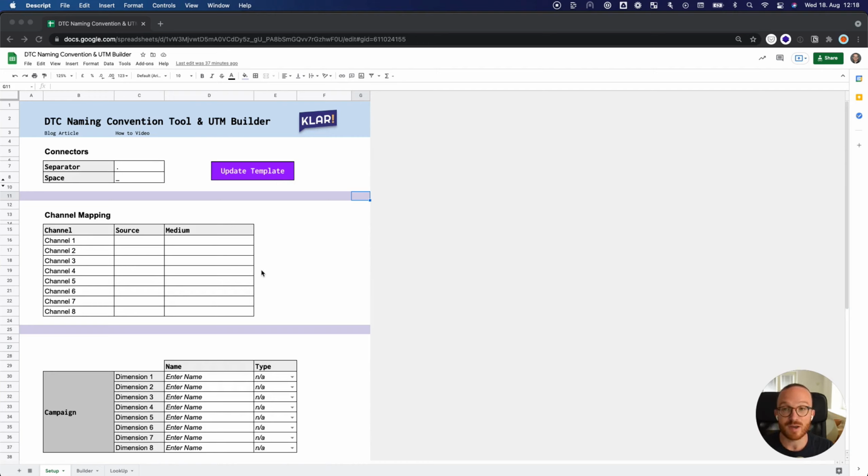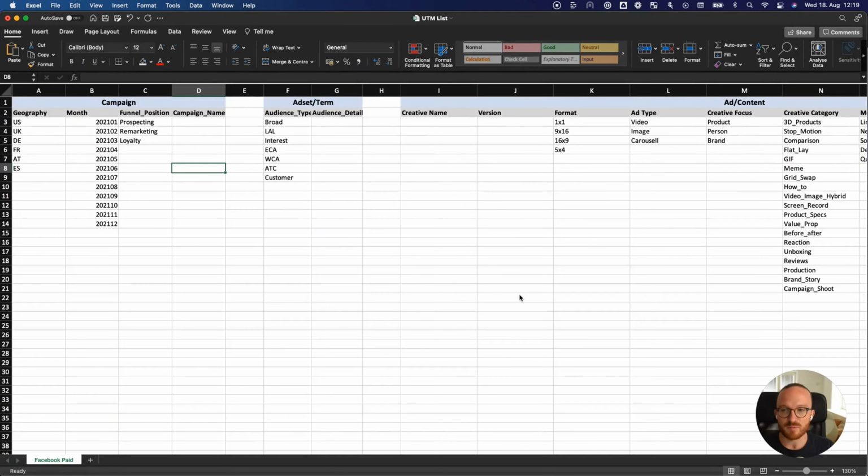So if you haven't read the article before, and want some guidance on how to name and how to structure UTMs, you can just click on the blog article link here. Otherwise, we've already done so. We can get started. So after you've read the article, you probably should have developed something like this for each